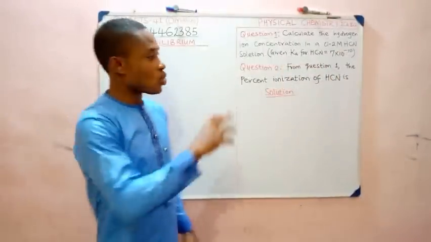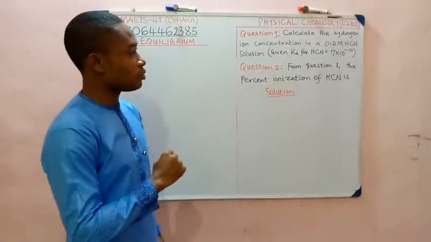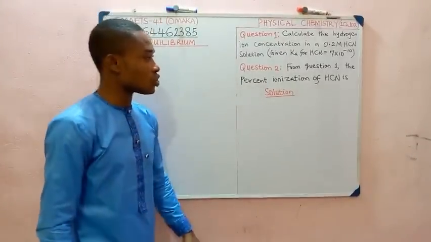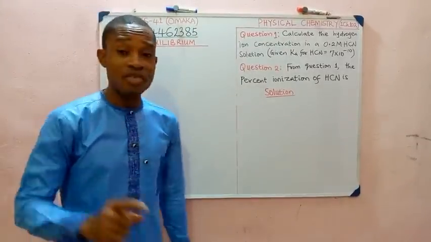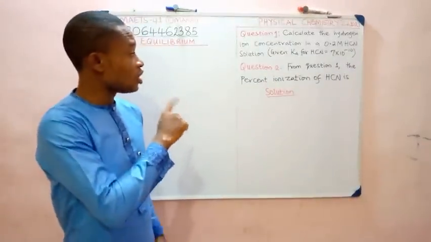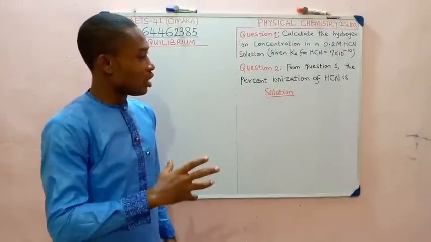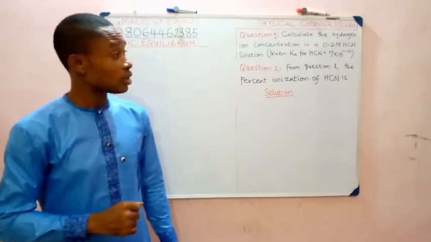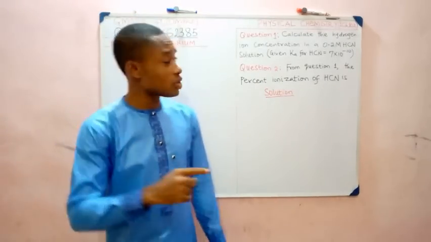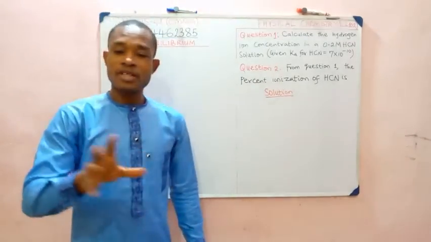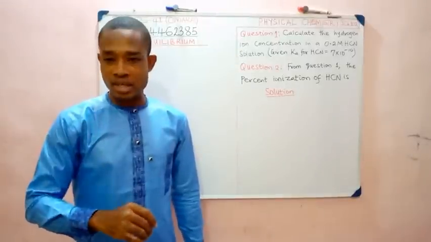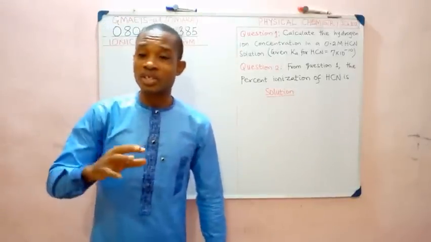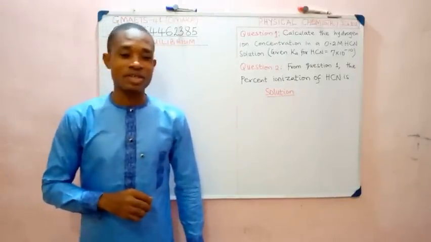Let us walk through this question on the board. There are 2 parts. We have to calculate the hydrogen ion concentration in a 0.2 molar hydrogen cyanide, that's HCN, solution. We're given Ka for HCN to be 7 times 10 raised to the minus 10. Please take note that the Ka there is the same as Kc,